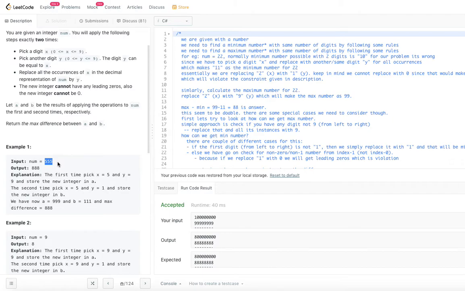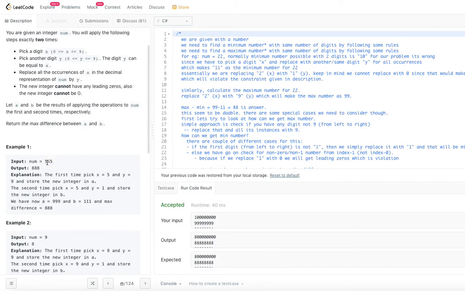No, not really. Even though the digit picking is 0 to 9, you can't really pick digits which are not present in the number. You have to pick the digits which are present in that number.